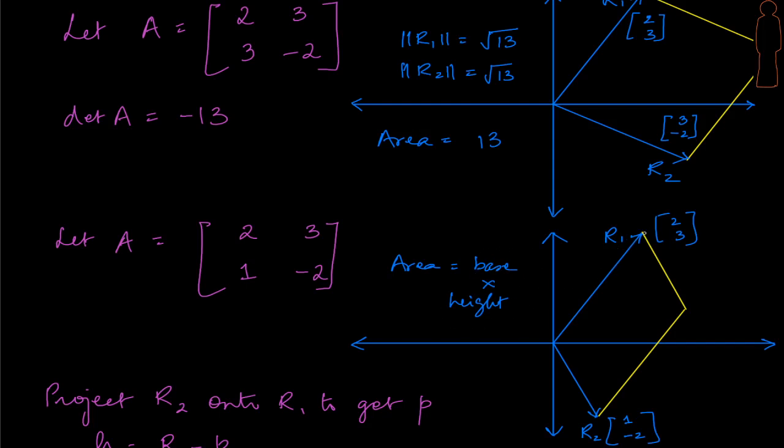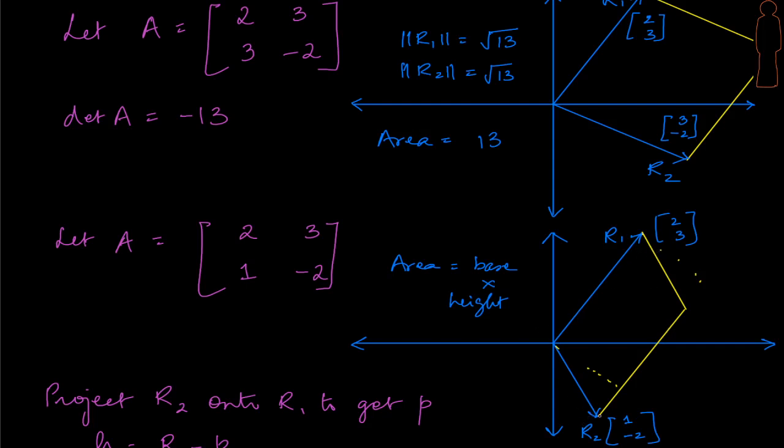So if I keep R1 as the base, I want to figure out what is the perpendicular distance from R1, using the R2 vector, definitely, but then the point is not its magnitude. We want to find the perpendicular distance. How much is R2 pulling R1 away, in a sense of trying to form some kind of a rectangle like this, right? So that's the idea. Or in a sense, can we say, let me project R2 onto R1, and thereby also we will be able to produce that rectangle, right?